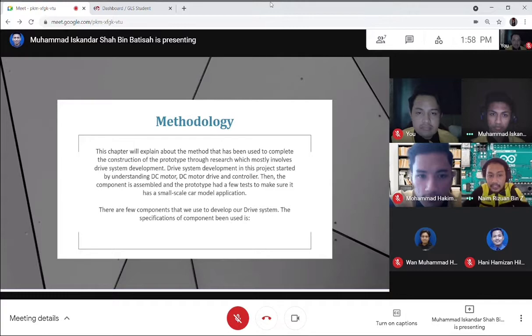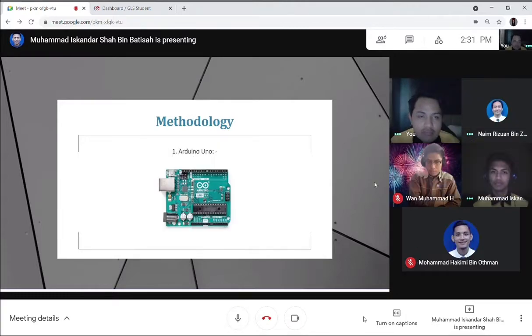The specification of the components being used: we use Arduino Uno. Its operating voltage is 5 volt, while the input voltage is between 7 to 12 volts. For analog input pins, there are 6, A0 to A5, and digital input output pins have 14. So the next one is